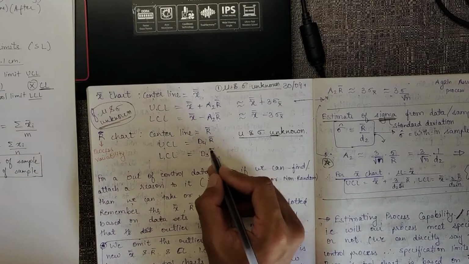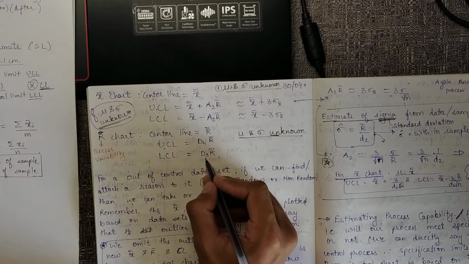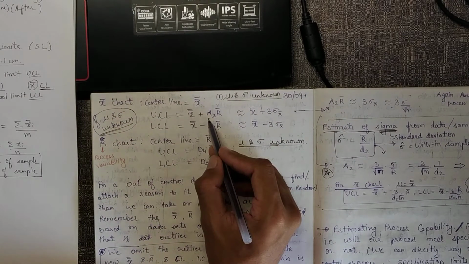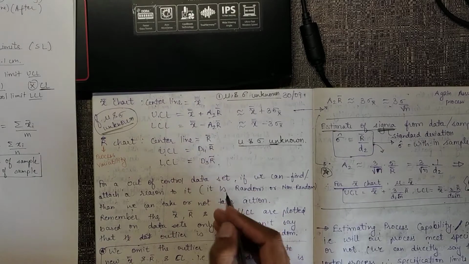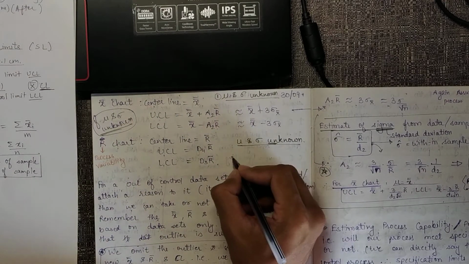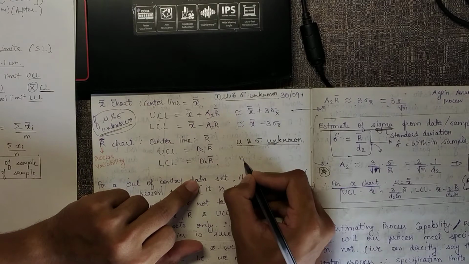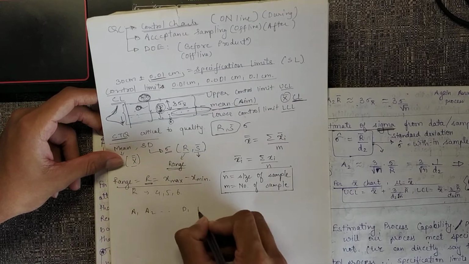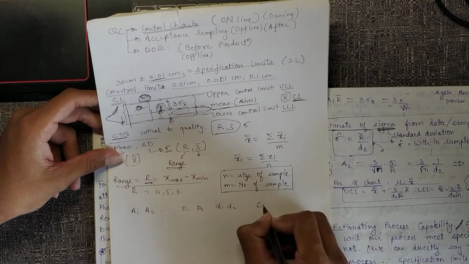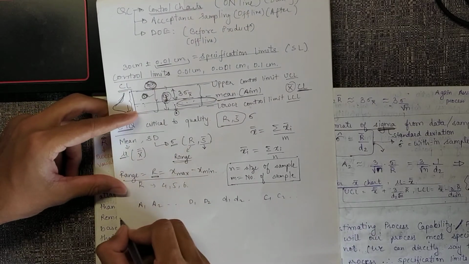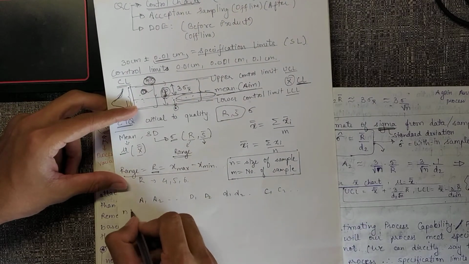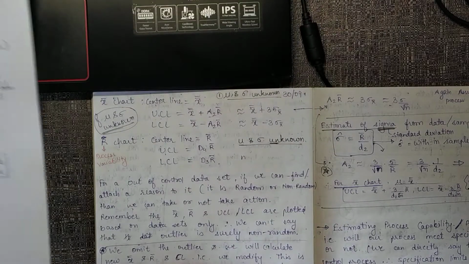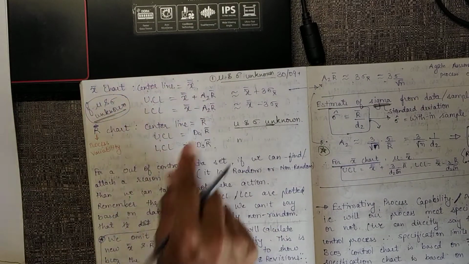So the upper control limit will be D4 R bar, the lower control limit will be D3 R bar, and there are charts available to find the values of A2, D4 and D3 as per the value of n. So all these constants are a function of n. There is a chart which has A1, A2, D1, D2, small d1, d2, C1, C2 and many other things, and these are all functions of n. It is given for 1, 2, 3, 4, 5 till 20, 25. So we can find the control limits using this.